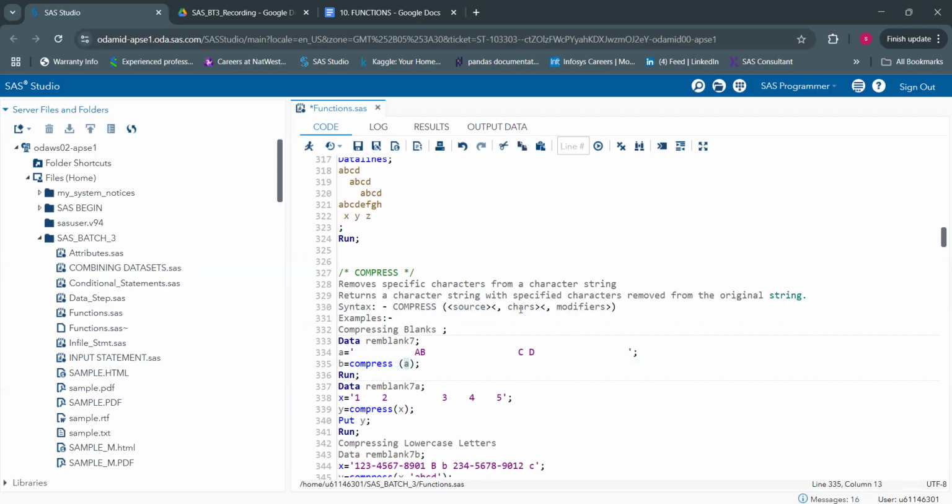Okay, and we have chars. So what kind of characters do you want to remove? And we have modifiers. Modifiers means